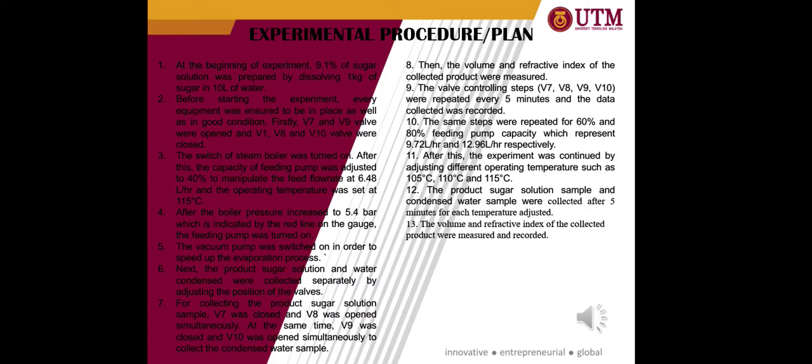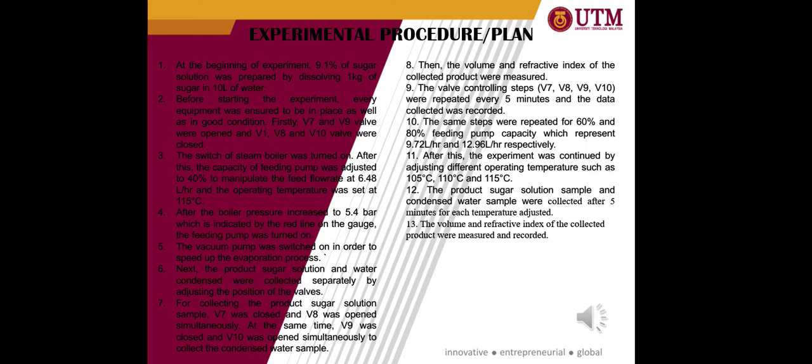Next, the sugar product solution and condensed water are collected separately by adjusting the position of the valves. For collecting the sugar product solution sample, the valve V7 is closed and V8 is opened simultaneously, and at the same time the V9 valve is closed while the V10 valve is opened as well to collect